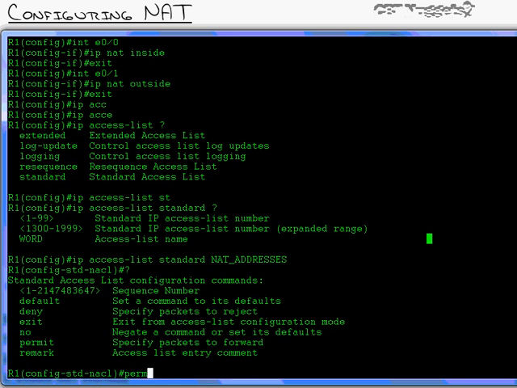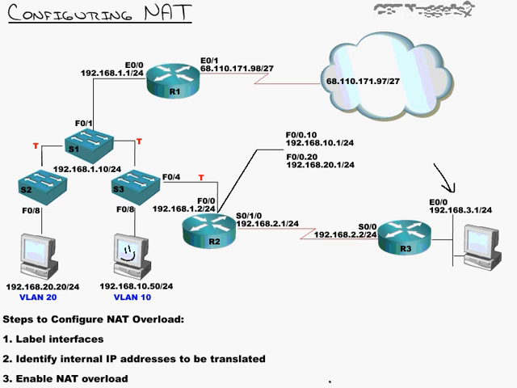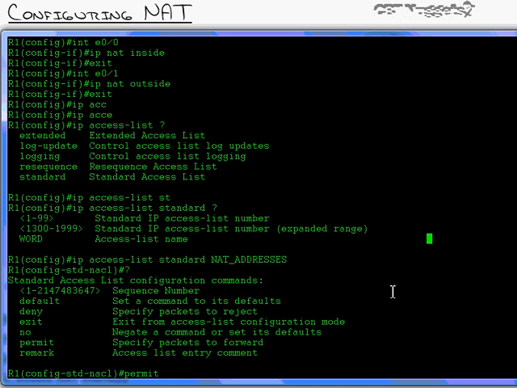I'm going to say permit. Just for this example, I'm going to permit everybody to be NATed, except, just for fun, I'm going to deny these people from being NATed. So I'm going to put my deny first. I'm going to say, instead of permit, deny